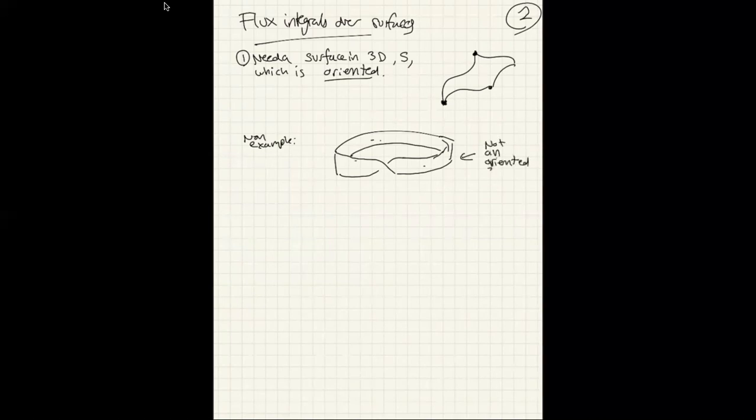Oriented surface. It's non-orientable, but you don't really need to worry about that too much. Okay, so this is good, this is bad. The second thing that you'll want is along your surface,